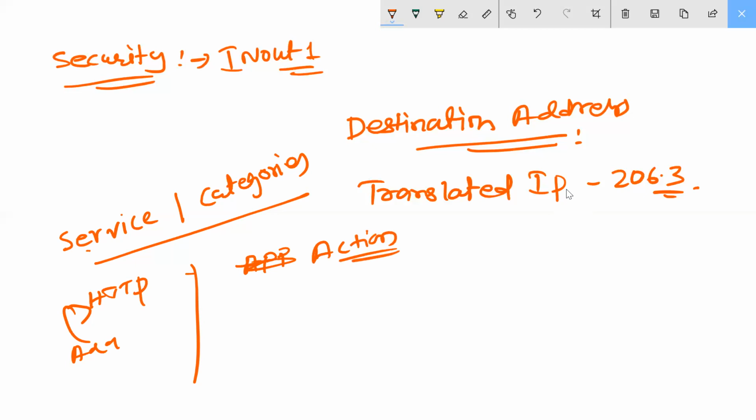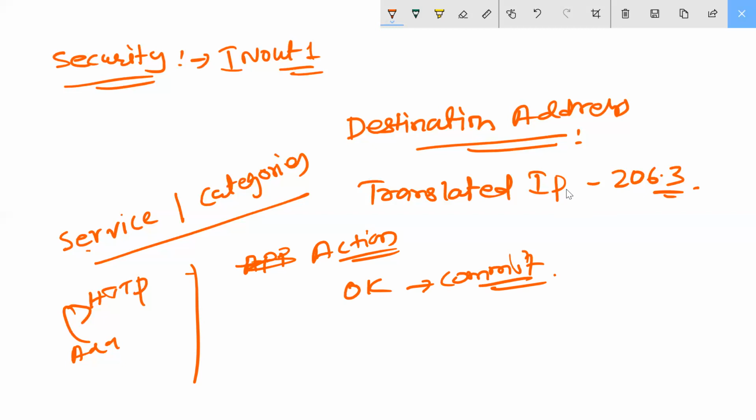Inside the action part, you should come and okay it and commit it. Everything should be the same, okay, and commit it. Commit this one. Then you should come on the NAT. It is asking, should I move it up or leave it? No, you have to move it up. Okay.